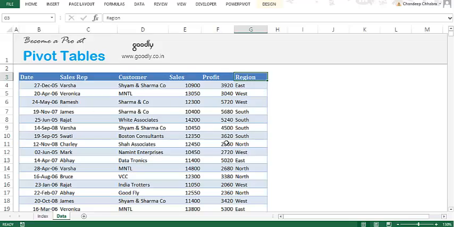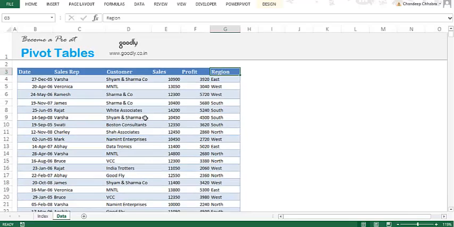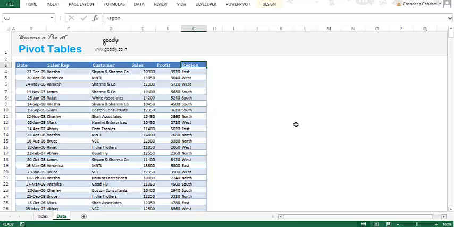So just a few values here, and what we want to do now is find out the salesman performance, right? So I'm just going to write that quickly down here. Salesman performance, and we would be happy to have a region-wise report for that. So I'm now going to quickly move over to this data, and I'm going to quickly